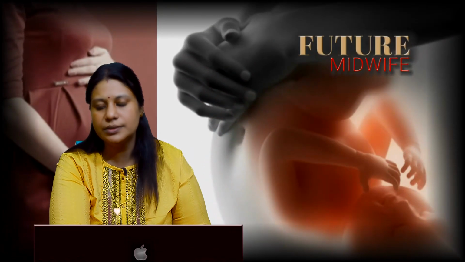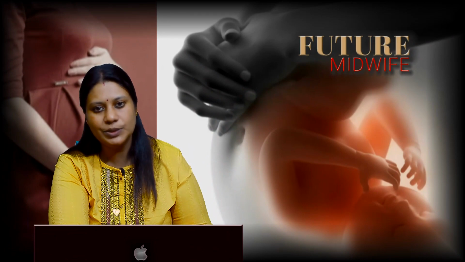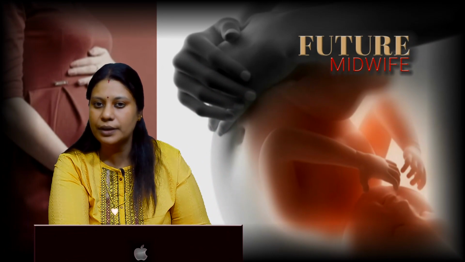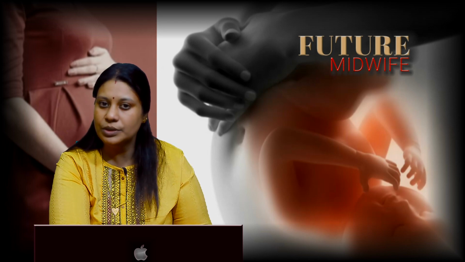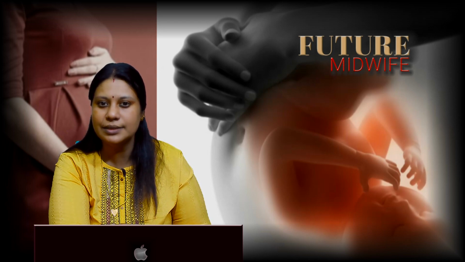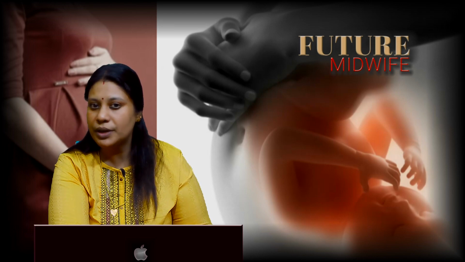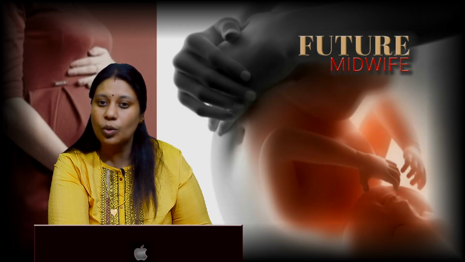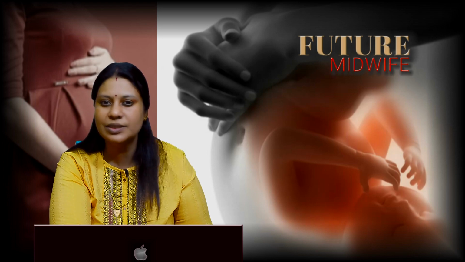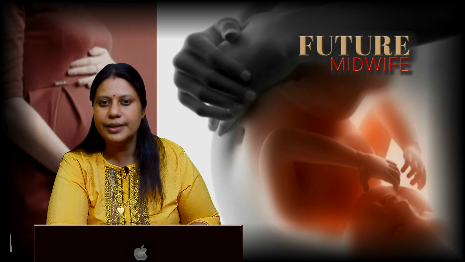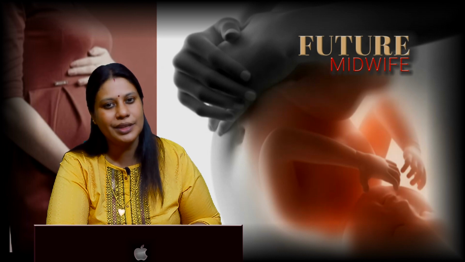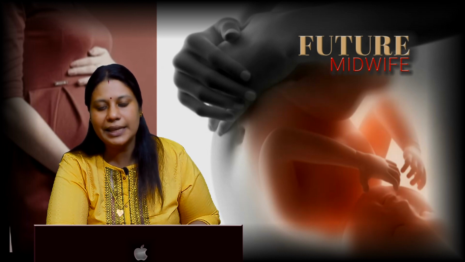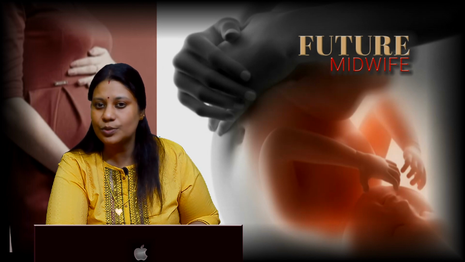Antenatal dietary advice is very important. A pregnant woman has to take an extra 300 kilocalories per day. Once it comes to lactation, it has to be double, that means 600 kilocalories per day. The diet should be balanced, that means protein, carbohydrate, vitamins and minerals all taken in a balanced way. The balanced diet includes a sufficient amount of water intake. She has to take 2 to 3 liters of water per day,